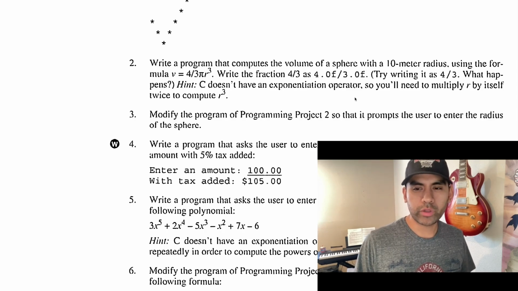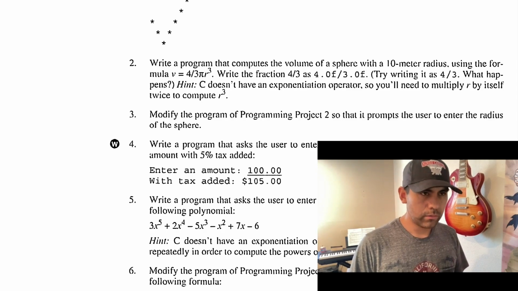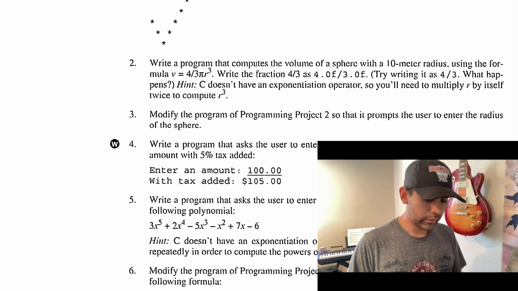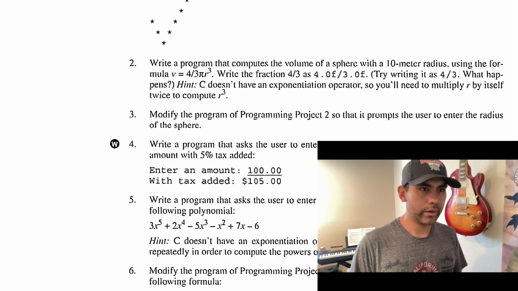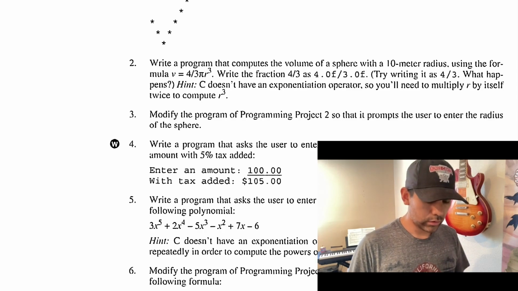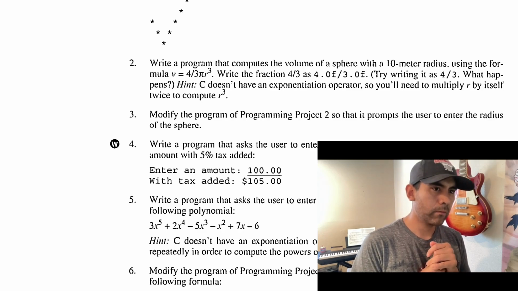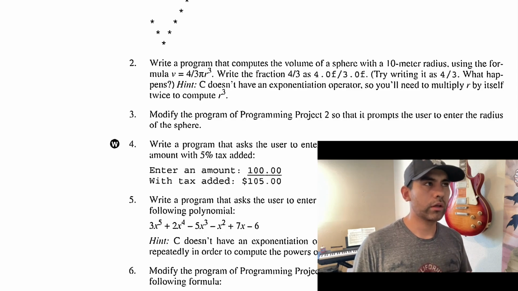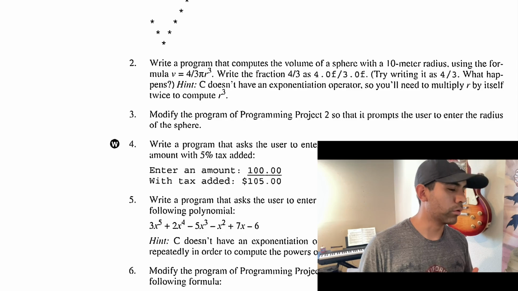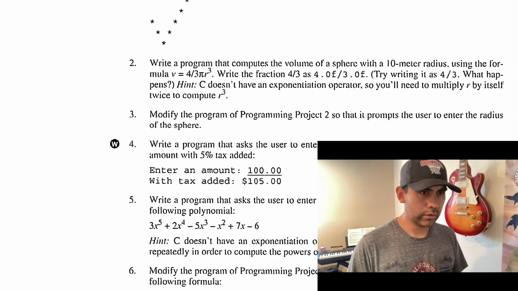Okay, now C doesn't have an exponential operator, so you need to multiply r by itself. Write a program that computes the volume of a sphere. Okay, so our sphere is 10 meters, right? It's int sphere equals 10, right? And then float. Okay, now this is a thing. We're working with fractions, and then we're working with pi. So instead of using a float, I think we have to use a double. Am I wrong? Double volume equals